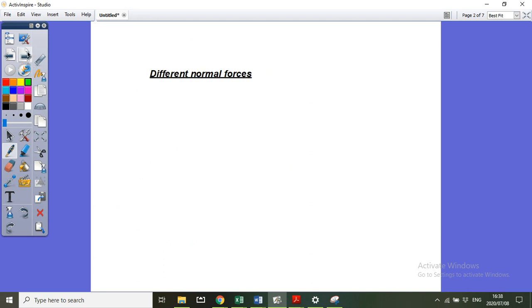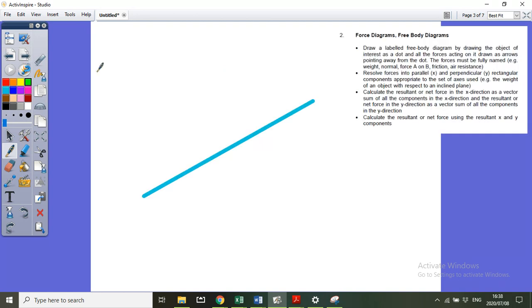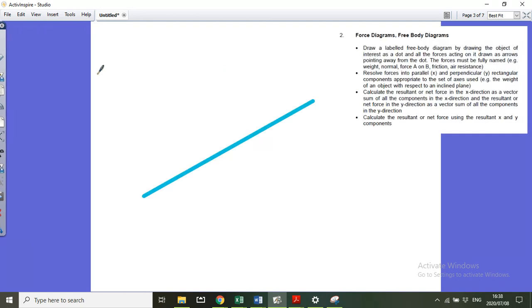That was the different normal forces. Make sure that you can work them out. Now for the free body diagram, as I already said, for the Newton section, make sure you ask yourself, is this object moving or not? So the different scenarios: if the object is stationary and it's in equilibrium, so it's just not moving, then you